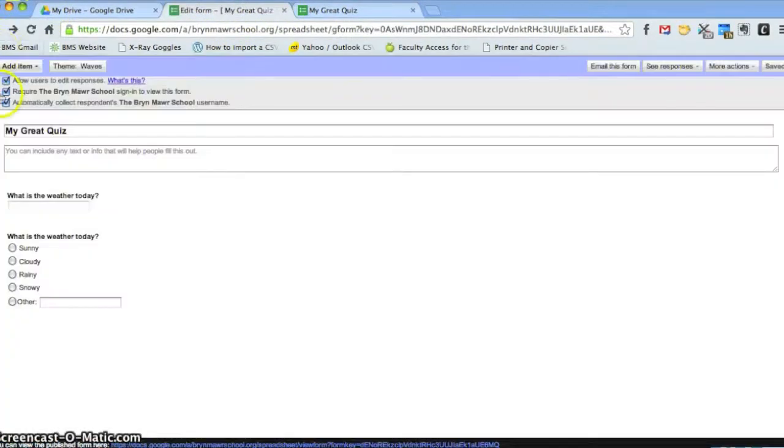And just a note, if you are using forms with Roland Park and Gilman students, you could certainly require this, and they would just type in their Bryn Mawr username that they use for Google Drive. However, I would suggest if it's a homework assignment that you do not require the Bryn Mawr School username, because